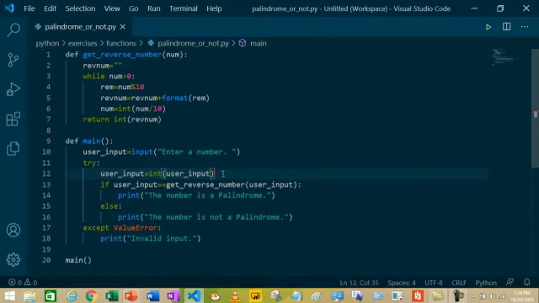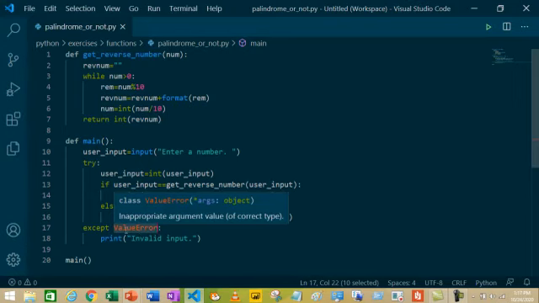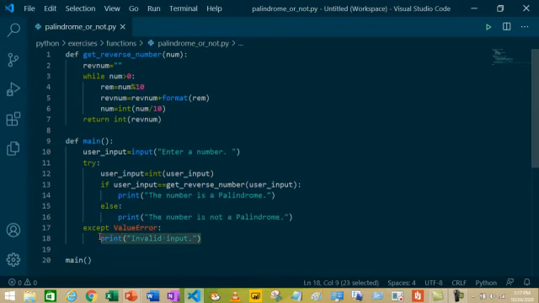It can't convert ABC into an integer data type, and it will throw a value error exception. As we know it may throw a value error exception, we are mentioning it here. If a value error exception comes, do this. So it will print invalid input.